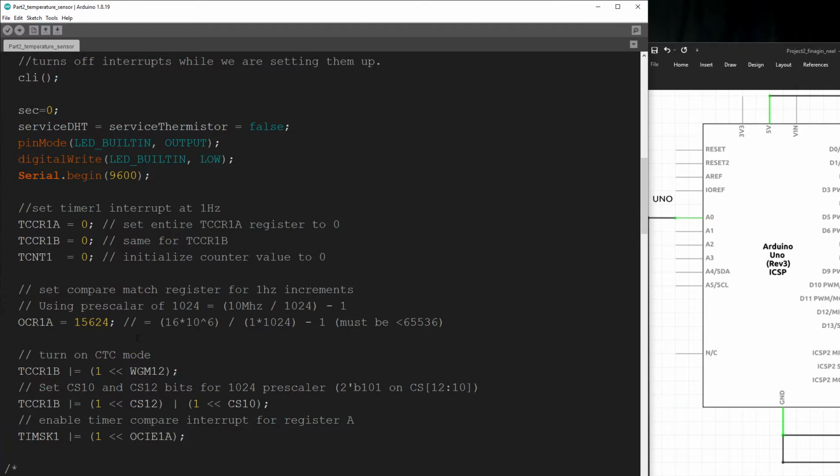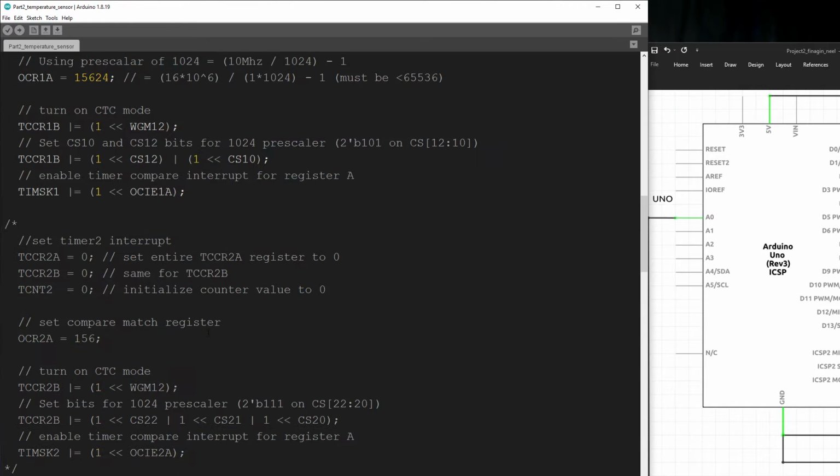Timer 1 is configured at startup for a 1 Hz interrupt, pairing a 1K prescaler with a 15K register compare value, which divides the 16 MHz clock down to 1 Hz. The code to establish a timer 2 interrupt is included but commented out. We did successfully test the two sensors using distinct Arduino timers to trigger interrupts, but for simplicity, the demonstration only